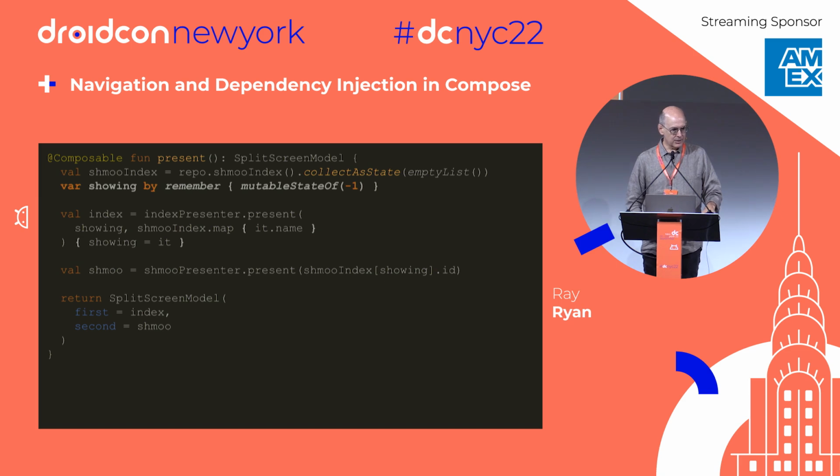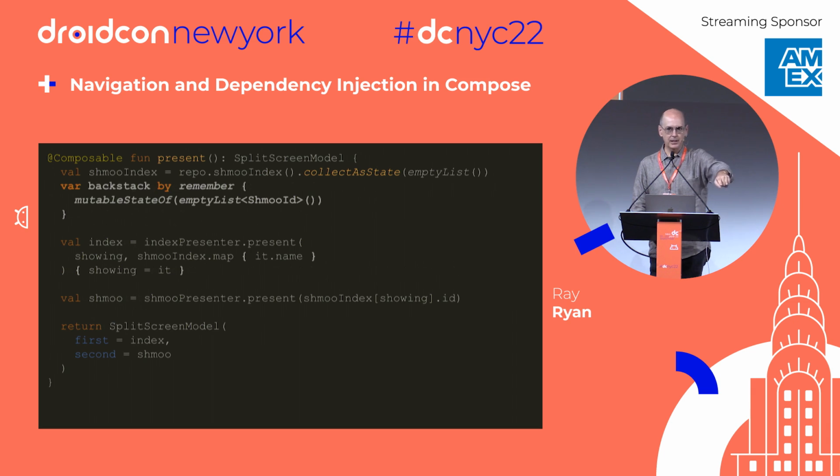But it's all pretty simple. So the way we would actually apply this, back in our Shmoo browser presenter, where originally we had a property to remember what we were showing, we're going to turn that into a backstack, by which we mean a list. It's just a list. That's how I model a backstack. So it starts off as an empty list of our Shmoo IDs,